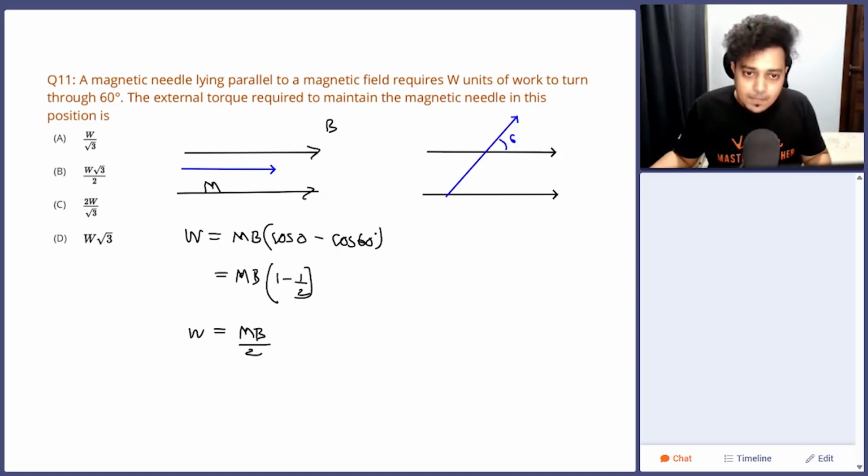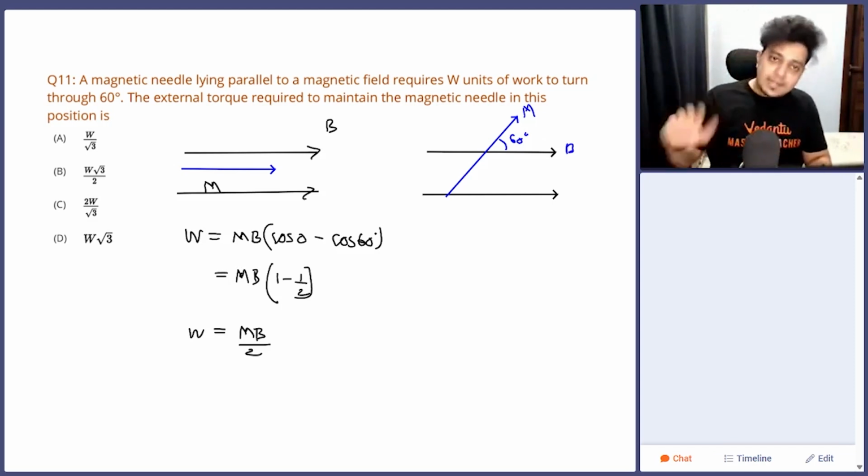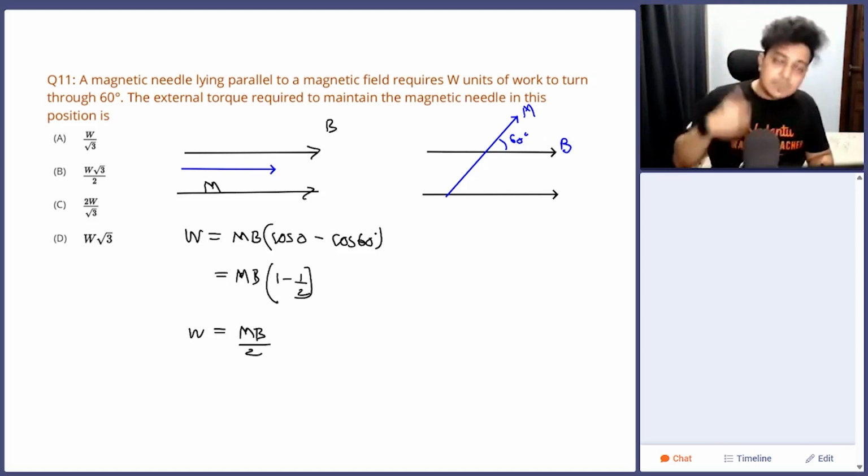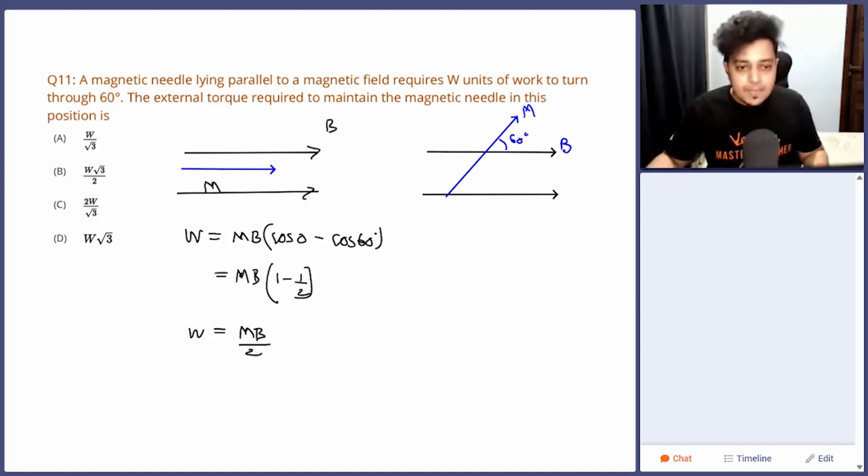Then the magnet, or needle, can stay in that orientation. Otherwise, it will just come back to the stable equilibrium condition, aligning in the direction of the magnetic field. So we have to apply a torque which is equal to the torque applied by the magnetic field. So that torque value will be equal to